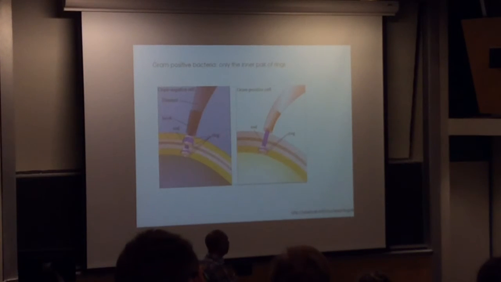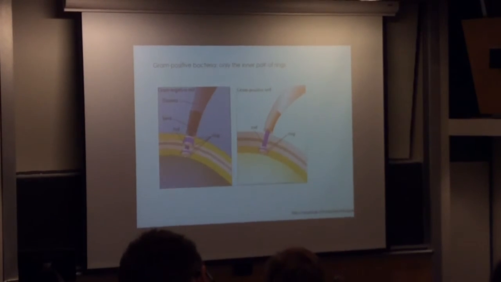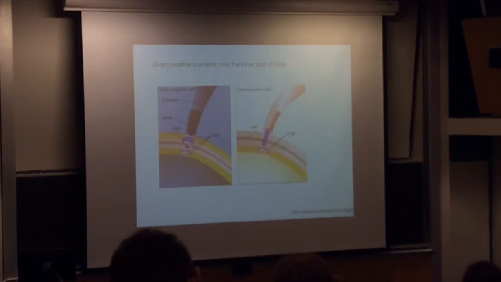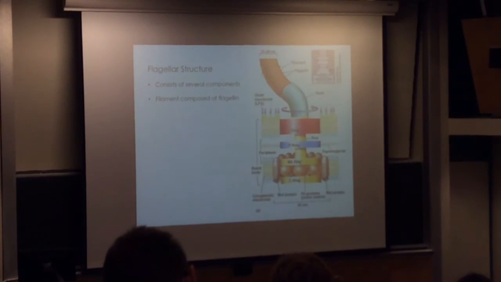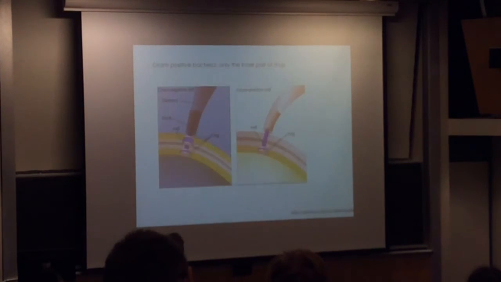Whereas gram-positive bacteria, or at least some of them, also have flagella, and they don't have an outer membrane, right? They have only the last 2 rings in their flagella. So they don't have all these 4 rings, because they don't have the outer membrane at all. They have these 2 rings, and the flagella works pretty much the same way. It is modified a little bit because the cell wall structure is different. Otherwise, for all purposes, it works the same way.